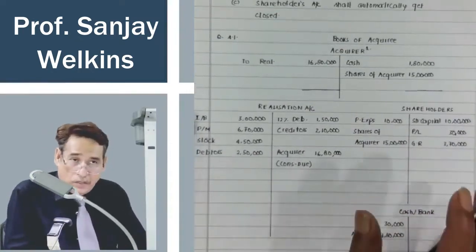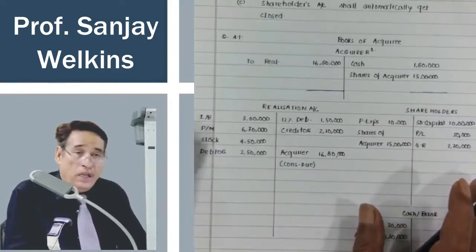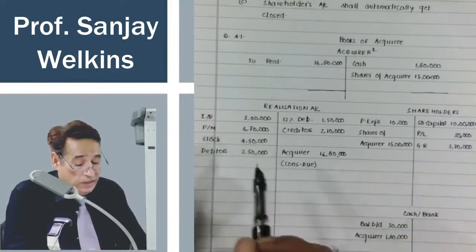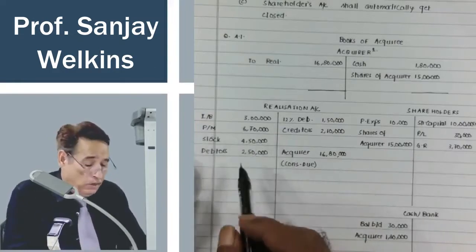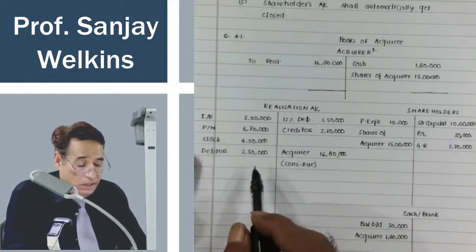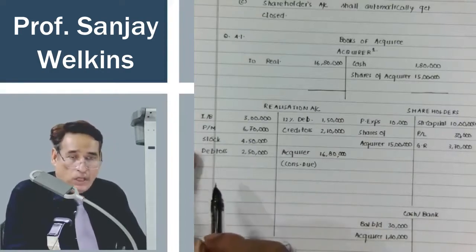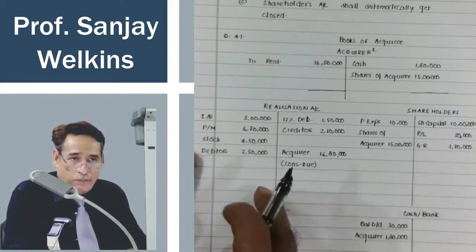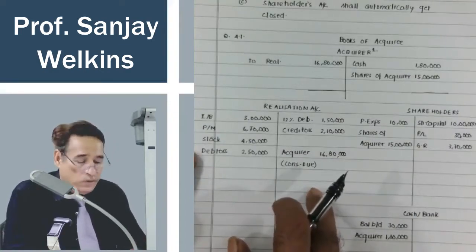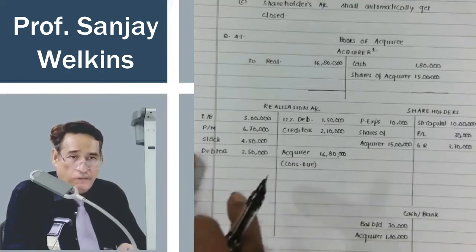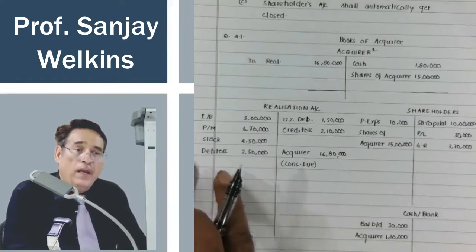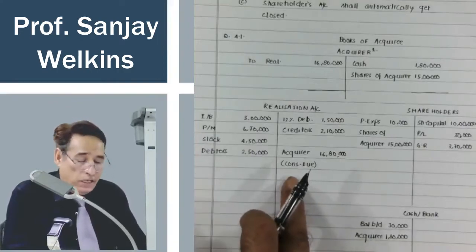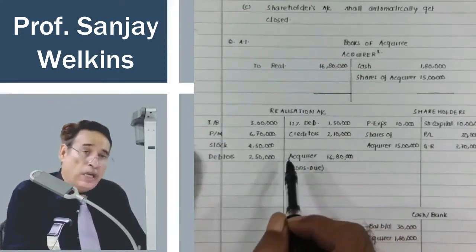Now the purchase consideration task is also over. As I told you, if there is any asset which is not taken over and sold, but in this question there is no such asset which is not taken over and sold. Actually bank is not taken over, but bank cannot be sold. Correct? So we cannot pass any entry. If there would have been an asset which was not taken over and sold, I would have written here by cash. Similarly, there are two liabilities.